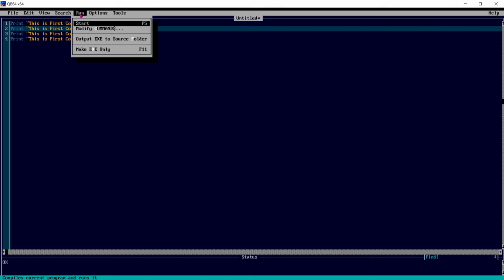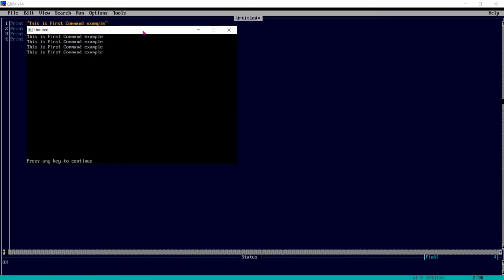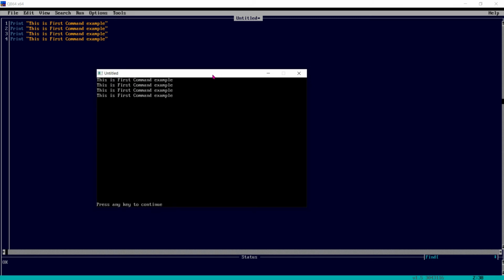Either go to the menu bar or press F5 directly and it will give you the output. So we have seen the use of the commands CLS and print, and writing and executing a program.